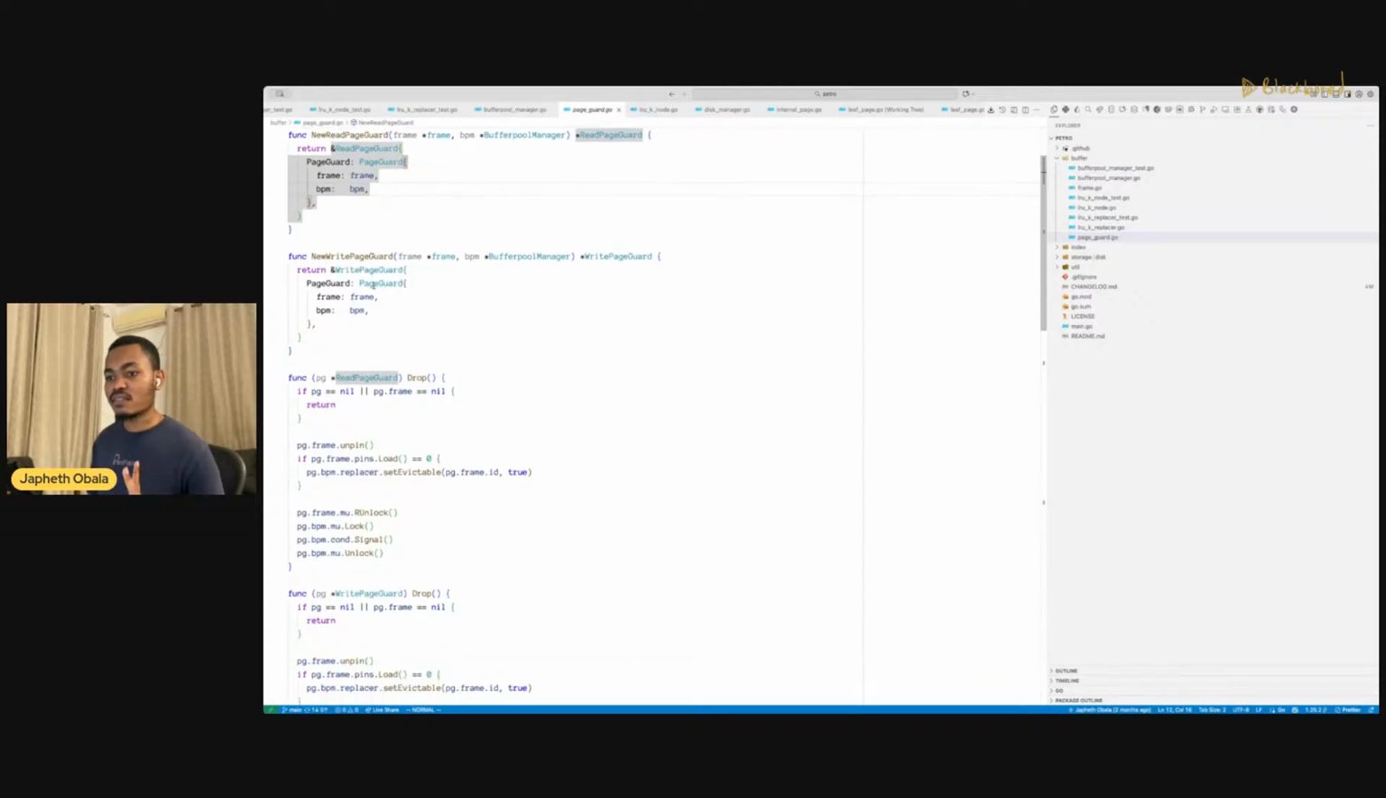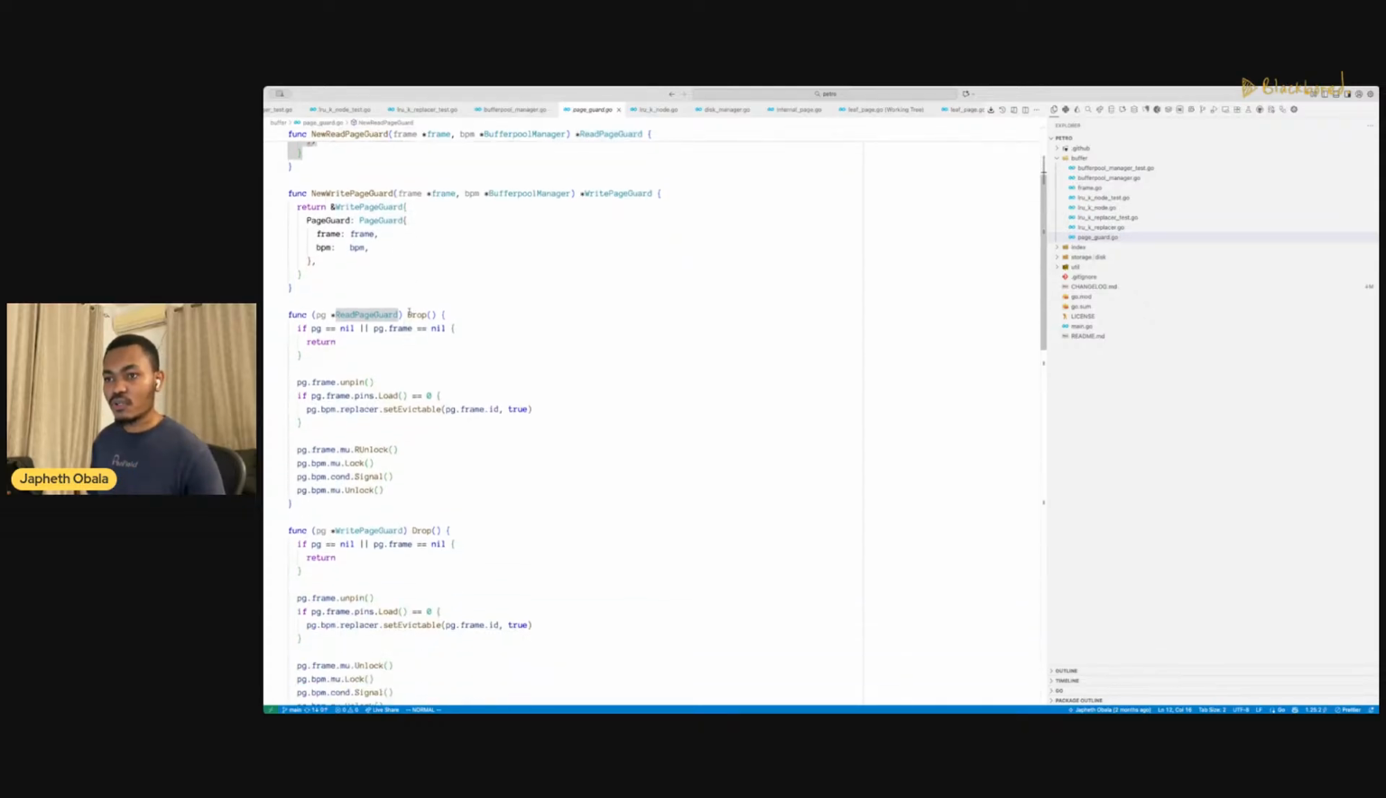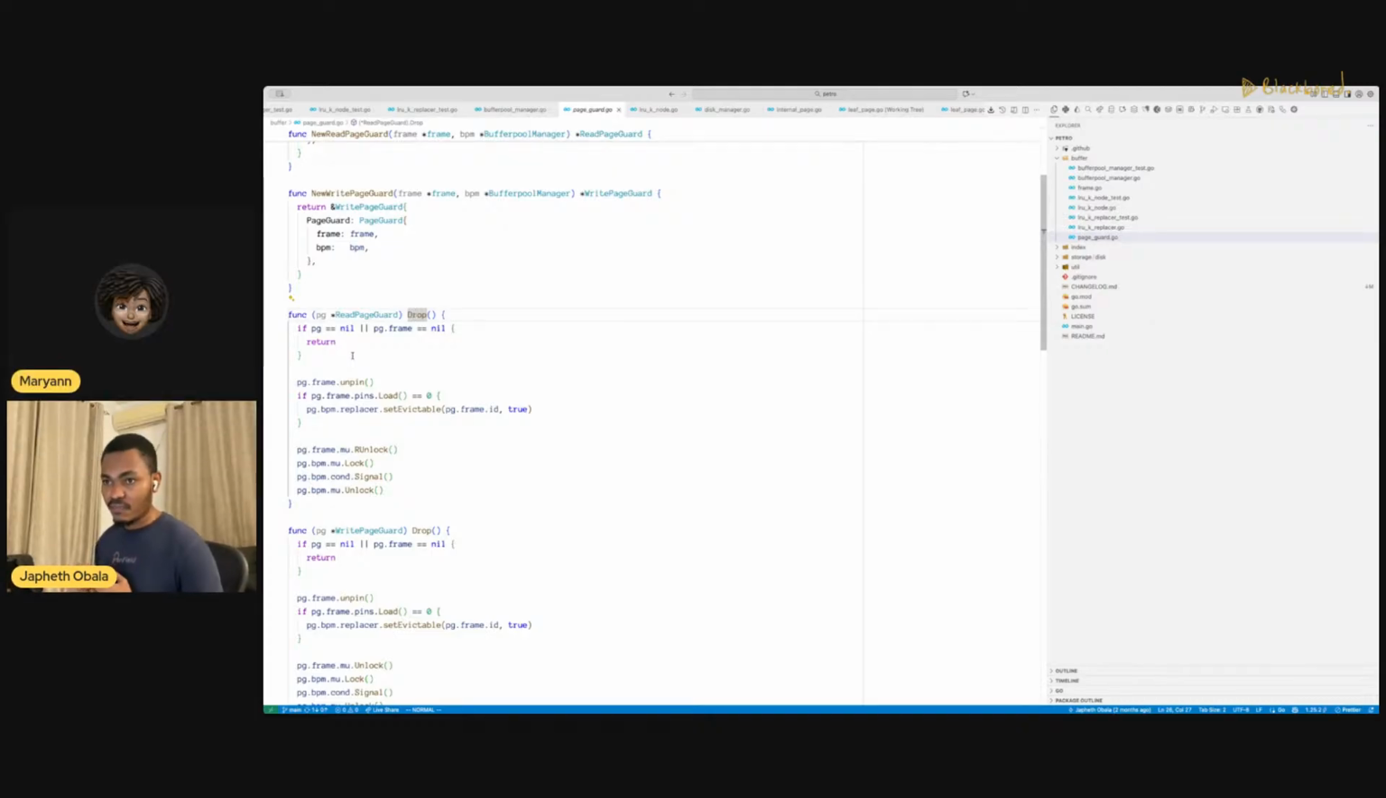And it has a method called drop. So this is the acquisition is in the initialization bit, whereby when the guard is dropped, that means you are done with that frame. That means if a coroutine acquires a page guard, then it holds the guard until it is done with it. But when it drops it,